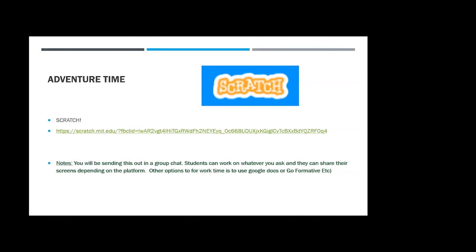Your comfort level has to do with whether or not your students can handle working in small groups. You know this. You've been with them all year. If they can't do random small groups, you can start out with everyone sharing their screen while they work on this. They can go into a breakout room and click the share screen function in those breakout rooms, or you can just give them the link and they can work on it and show you at the end.